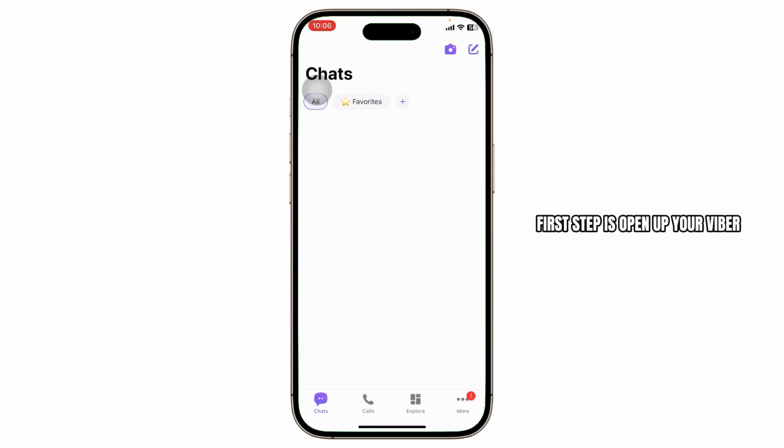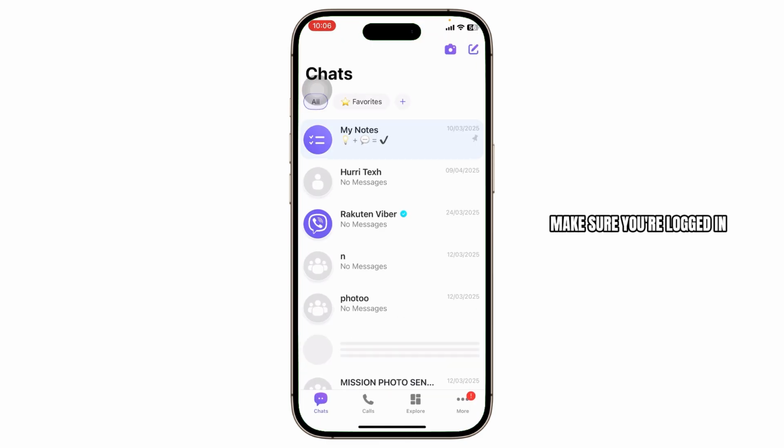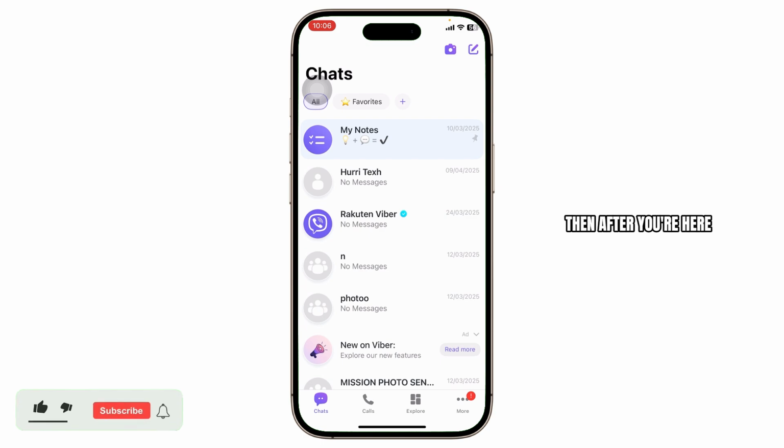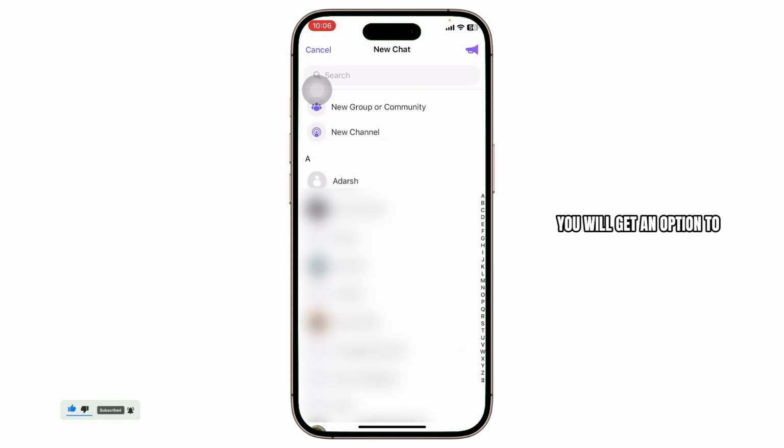First step is open up your Fiverr. Make sure you're logged in into your account. Then, after you're here, tap on the pen icon that is on the top right corner. After you tap on it, there you will get an option to create a new group. So tap on new group or community